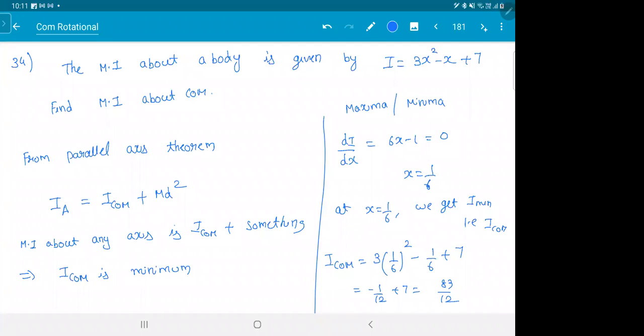But you should know the concept here. So you can make a statement there. Among all parallel axes, the axis through center of mass has minimum moment of inertia. Put that as star and write it properly. It's an important statement. That itself will be a question in the exam. The moment of inertia about center of mass is what? Minimum, maximum, depends on the distance. They can ask like that.